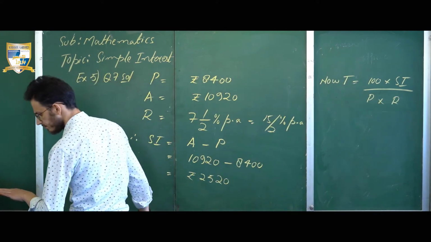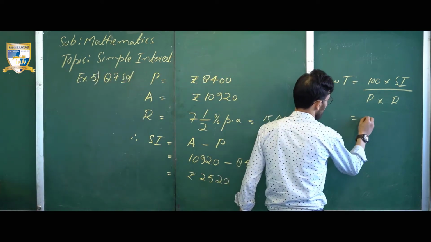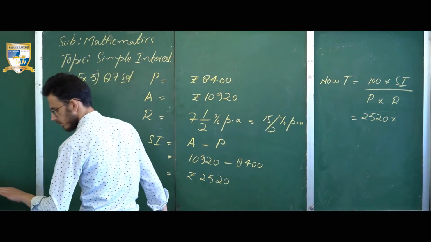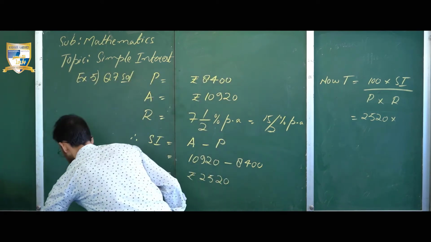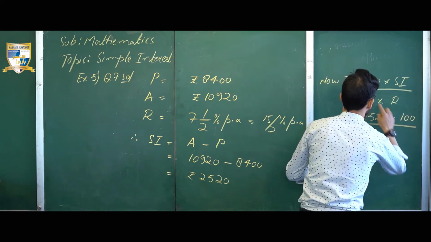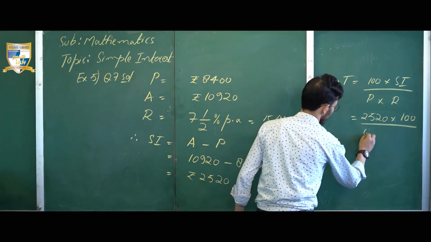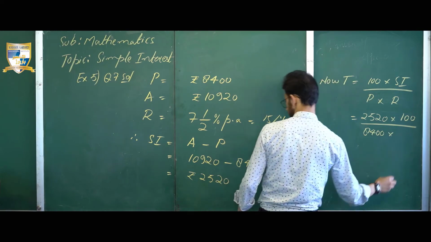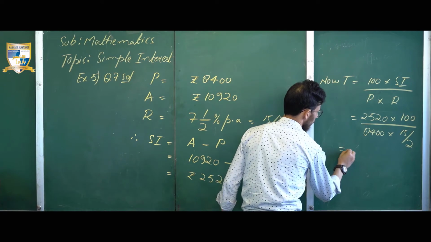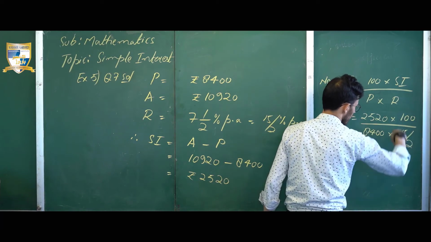Our simple interest is equivalent to 2520, our first is 100, our principal is equivalent to 8400, and our rate is equivalent to 15 upon 2, which is equivalent to 2520 multiplied by 100, reciprocate it,